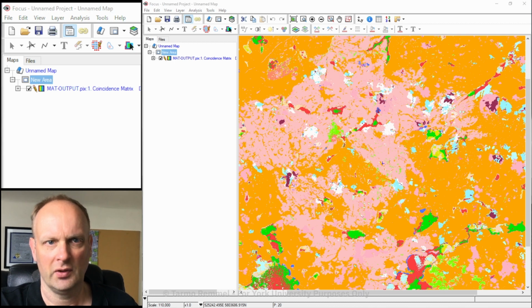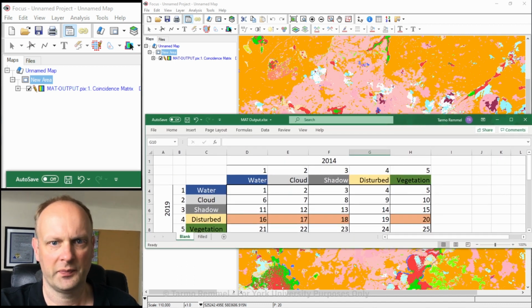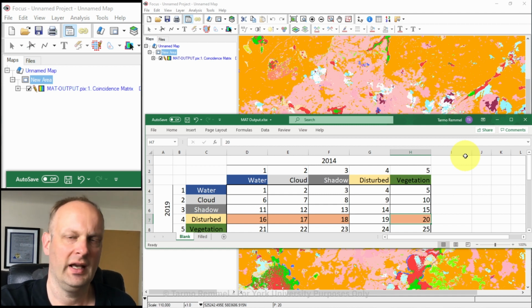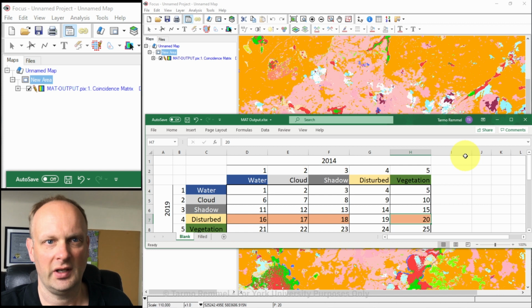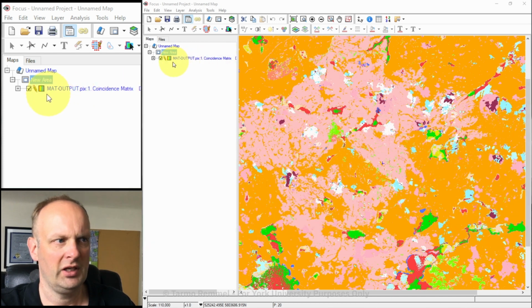Now, if you remember, we also had a series of categories that we want to save. So if I bring this over, we can see that we have categories 16, 17, 18, and 20 that are disturbed. I want to create an output that has those as ones and everything else as no data or zeros. So 16, 17, 18, and 20, those are going to be coming from this input layer, but I need somewhere